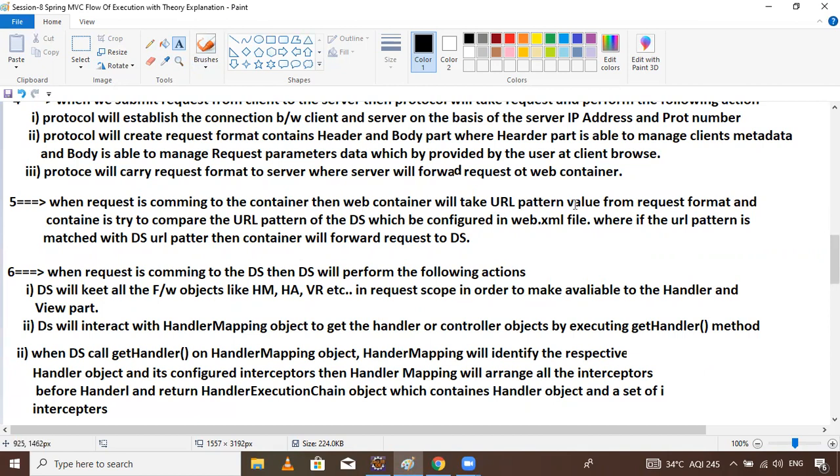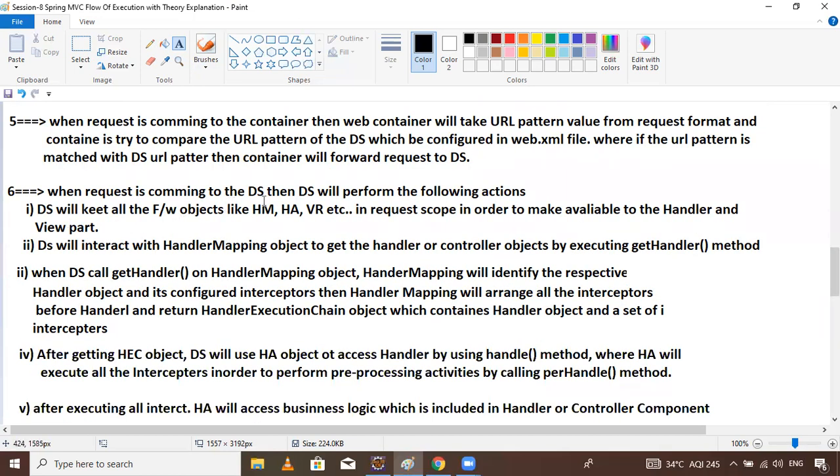will take the URL pattern value from the request format, and the container will try to compare it with the URL pattern of the dispatcher servlet which we configured in the web.xml file. If the URL pattern matches the dispatcher servlet URL pattern, then the container will forward the request to the dispatcher servlet. Okay, guys. So after that, step six is when the request is coming to the dispatcher servlet,